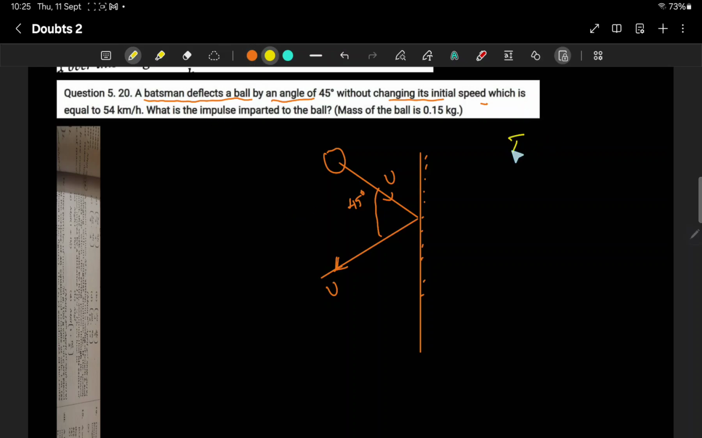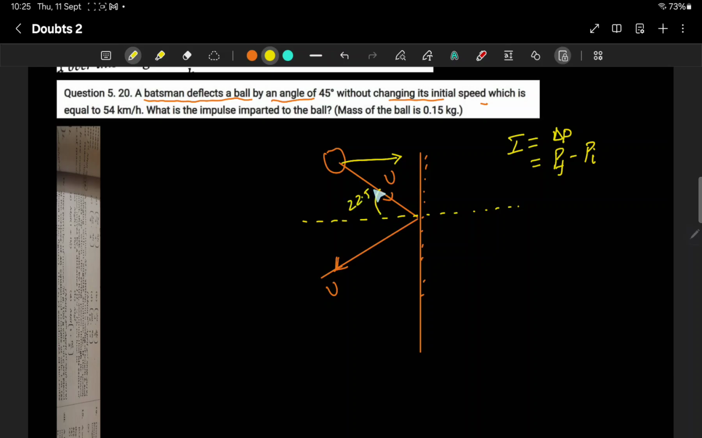If you want to find the impulse, the formula is what? Your change in momentum. It is nothing but your final momentum minus initial momentum. Okay, final minus initial momentum. So here we have to find the initial momentum and final momentum in both the axes because it is in 2D. Here if you resolve this u,